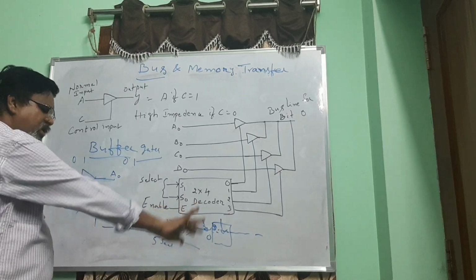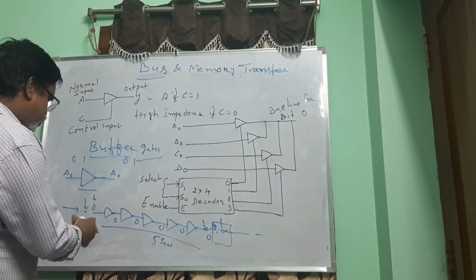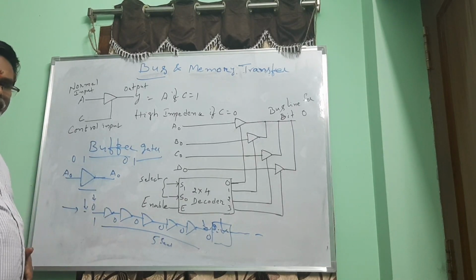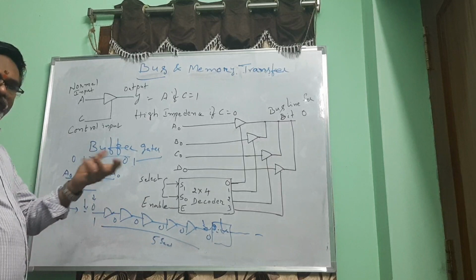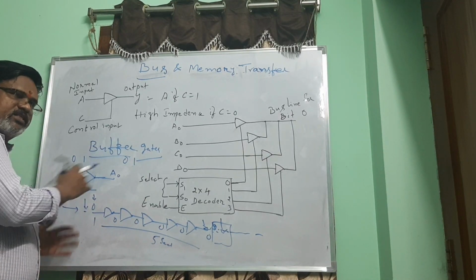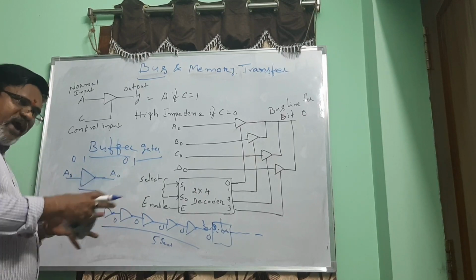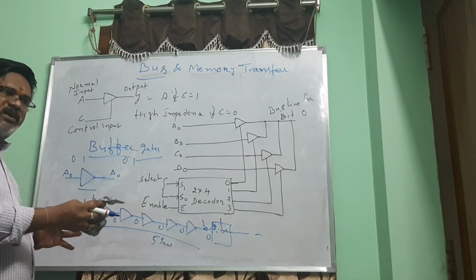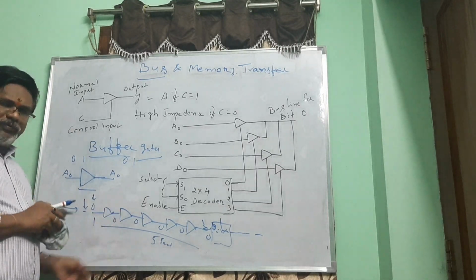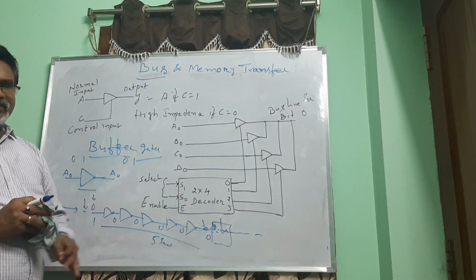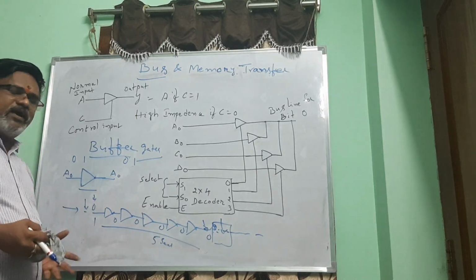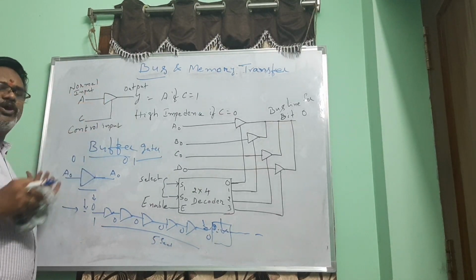So this explanation is no way concerned with our today's topic, but if anybody has a doubt about the application of the buffer, this is the way to provide the delay between the source and the destination, or to match the speed of the source and the destination in asynchronous data transfer, where the source is the low speed device and the destination is the high speed device, and the destination is eagerly waiting to get the data, but the source is not at the same pitch to transfer the data.